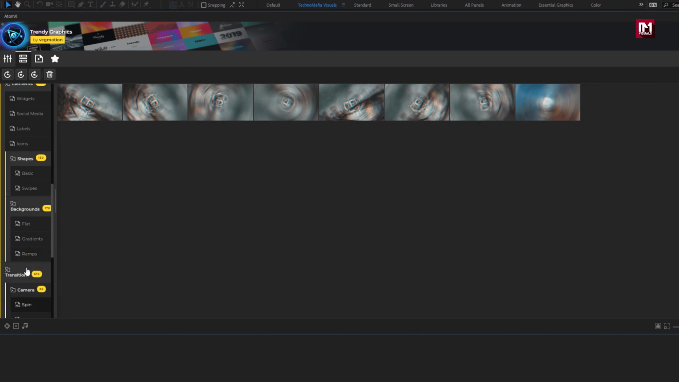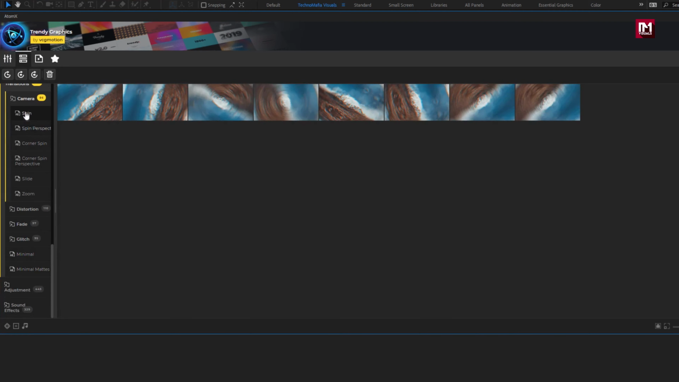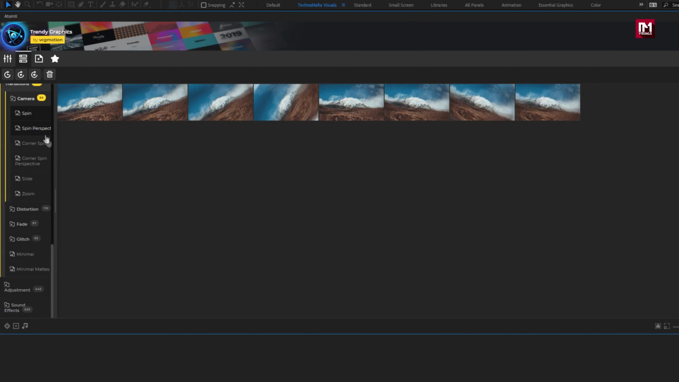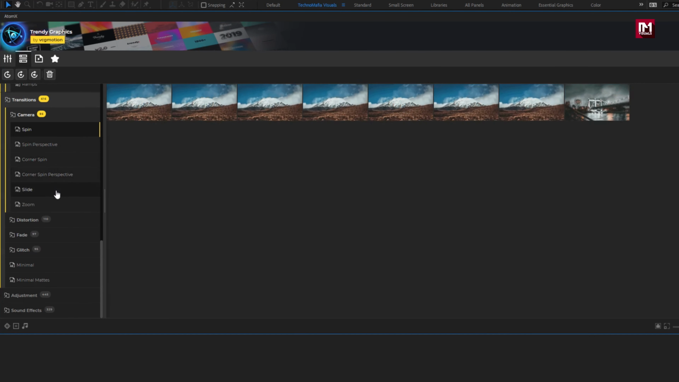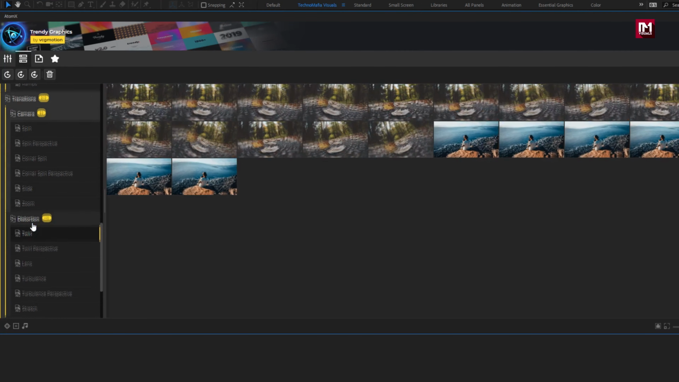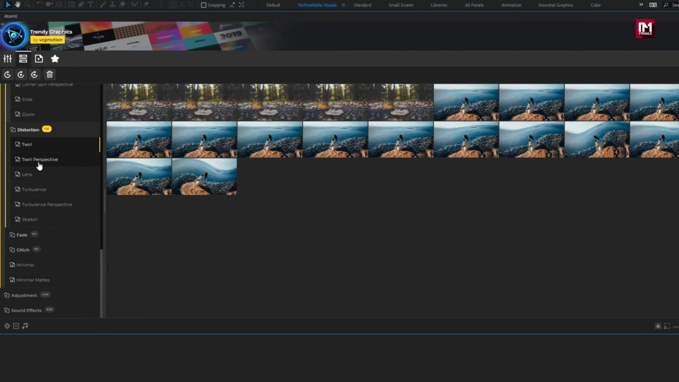Here is our important part of these packs, it's transitions pack, which I like most. There are so many different types of transitions available in this pack. You can see this transition previews. Here we also have the distortion transitions. Distortion transitions includes twirl, twirl perspective, lens, turbulence,